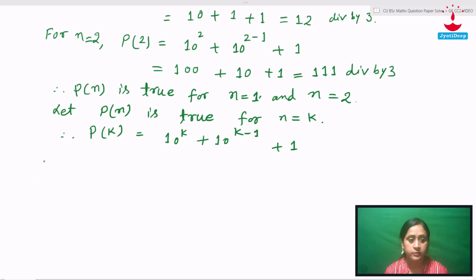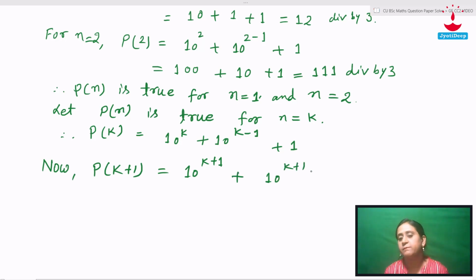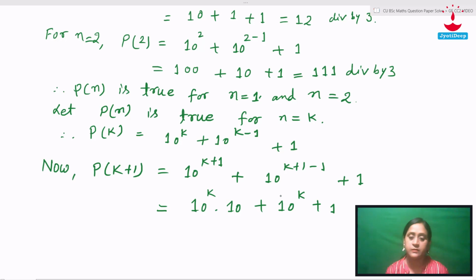Now Pk plus 1 is equals to 10 to the power k plus 1 plus 10 to the power k plus 1 minus 1 plus 1. This is equals to 10 to the power k into 10 plus k plus 1 minus 1 plus 1 minus 1 cancel. এখানে আমরা পাবো 10 to the power k plus 1. Okay. So this will be equal to